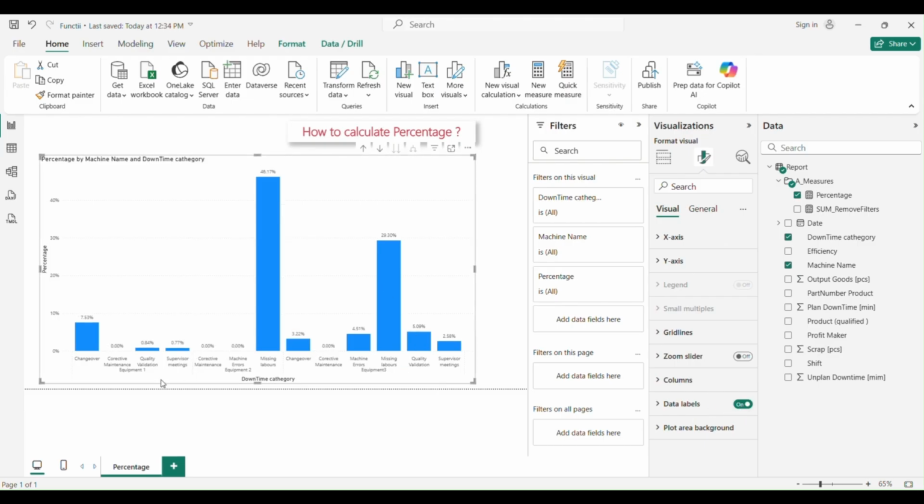and we can see that for each equipment 1, we have change over 7.5%, the higher contributor. For equipment number 2, we can see that missing labor is 46%, the higher contributor, detractor to our downtime, and also on equipment 3, 29%.